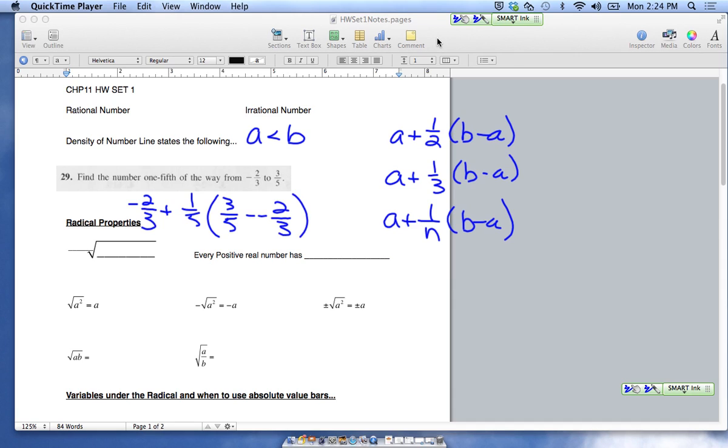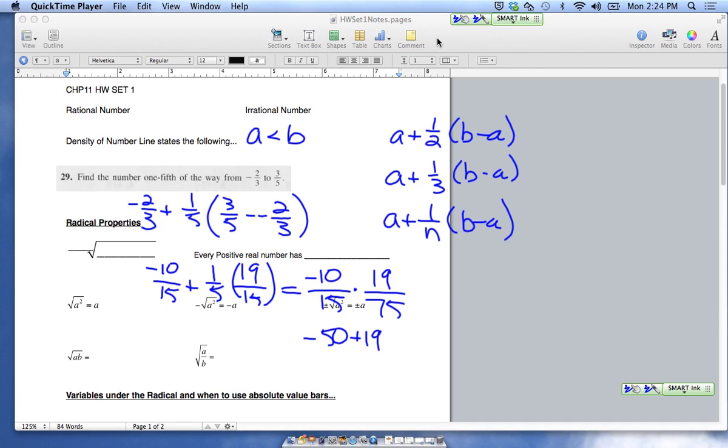And then cleaning this up, getting a least common denominator, you end up with giving you -31/75. So if I come back to the original problem and I compare everyone with a common denominator,